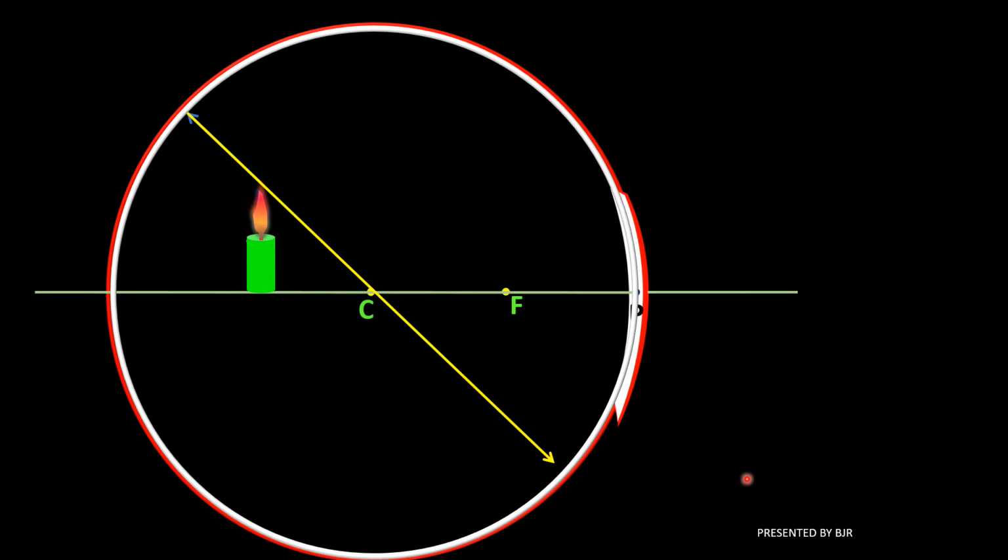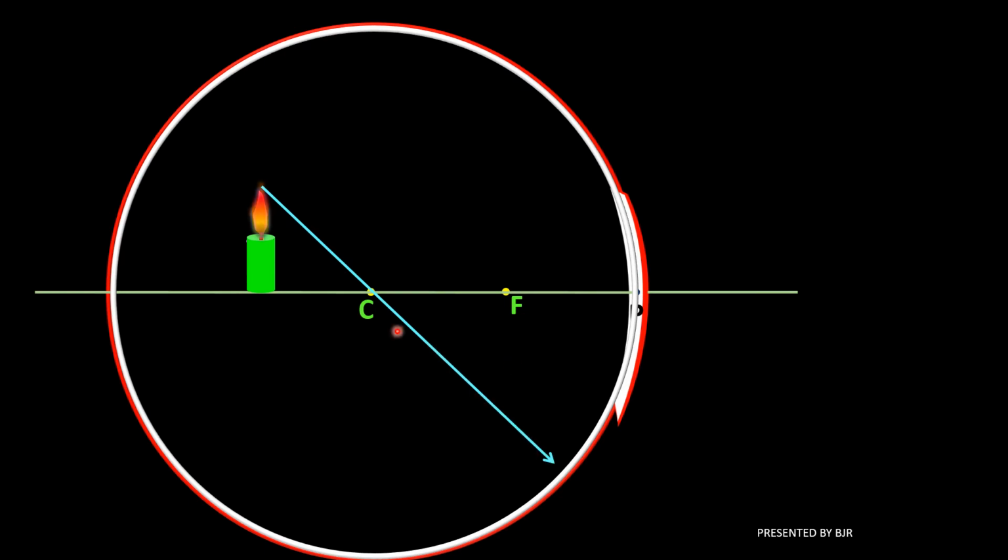So what I will do from now onwards is, I don't want to draw the incident ray from here to here. I will draw the reflected ray just from this tip only, like this. So you see here, that's all. This is the reflected ray. Actually the reflected ray comes from this point only, but I don't want to show it. So this will serve as the reflected ray only.